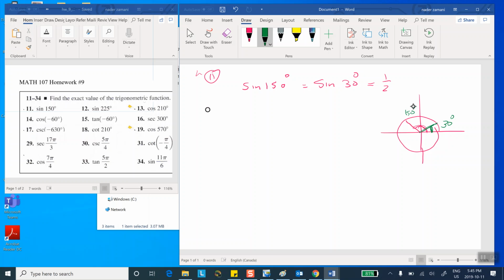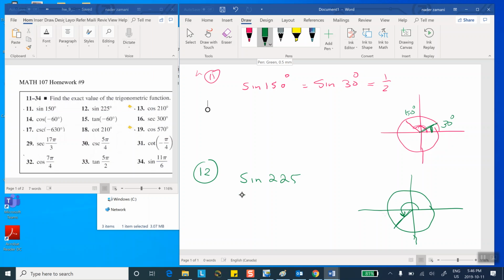Okay, so we did 11. Let me go and do number 12. Sine of 225. It is helpful always to draw these things. It puts these things in perspective. So 225 is somewhere over here. This is the angle 225, okay? So 180 plus 45. So once again, I want to remind you that the reference angle, this should be degrees, by the way. The reference angle for